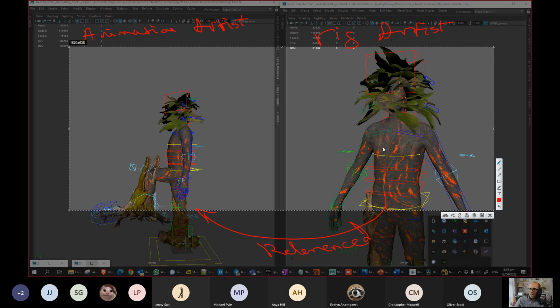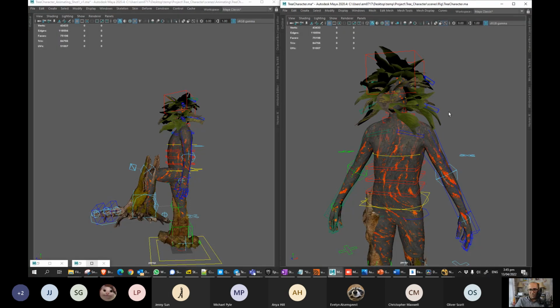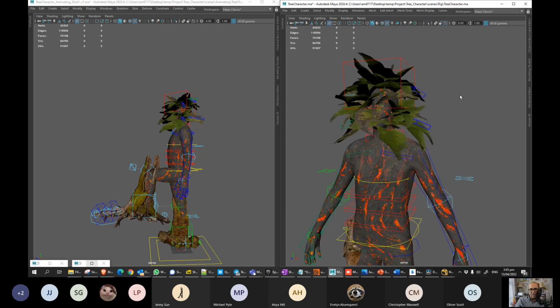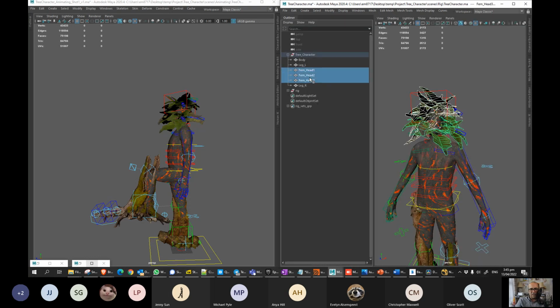By doing that, I mean that if I fix the issue here, this should automatically reflect the fix. So let's see if what we claim applies. These ones need to be